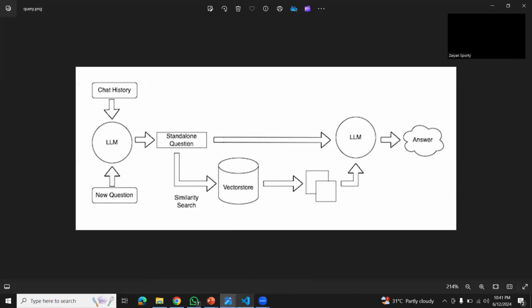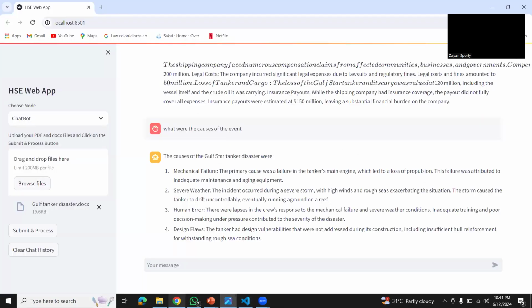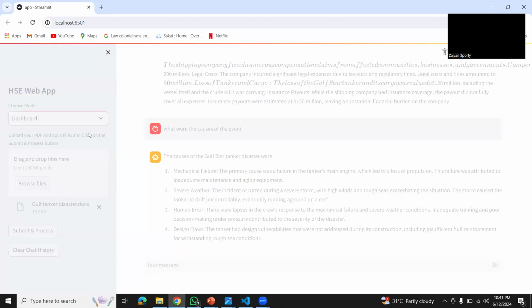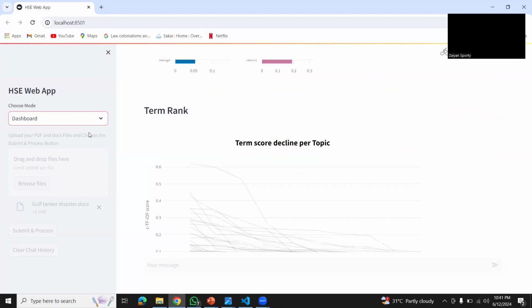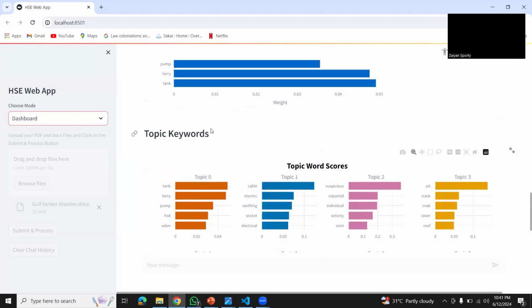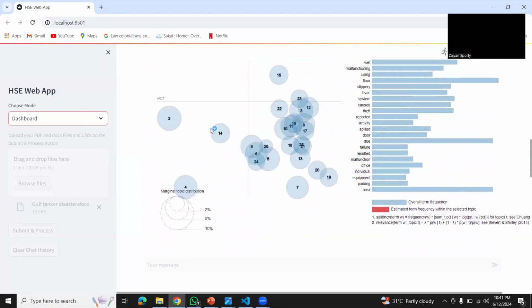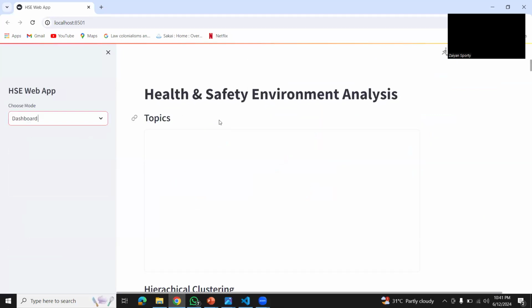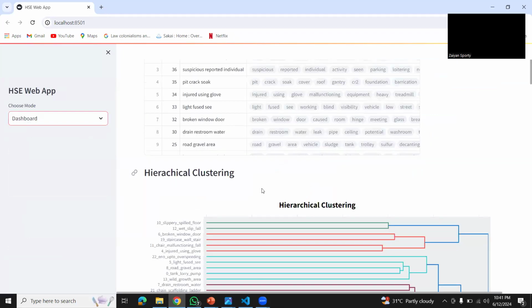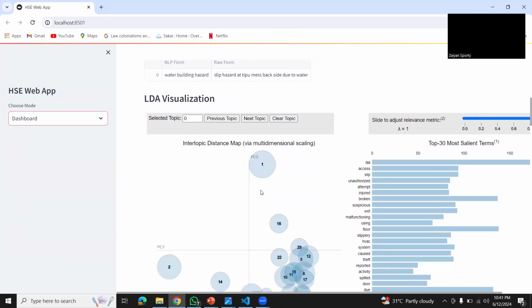Also, our dashboarding part was done through Streamlit. In our dashboard, the main visualization that our focus is on is this LDA visualization, which is shown here.